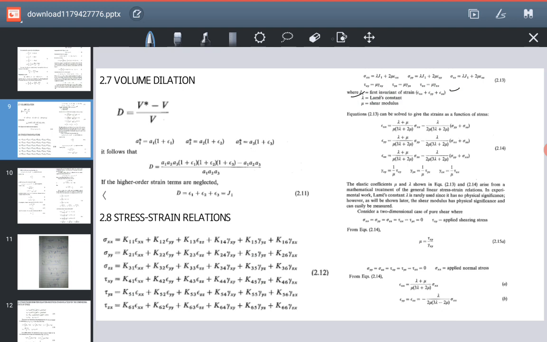Without showing how this was done, they simply reduce these equations to this one. What he has also done is that 2.13 was converted into a function of stress as follows. And now they have considered a two-dimensional case of shear stress,